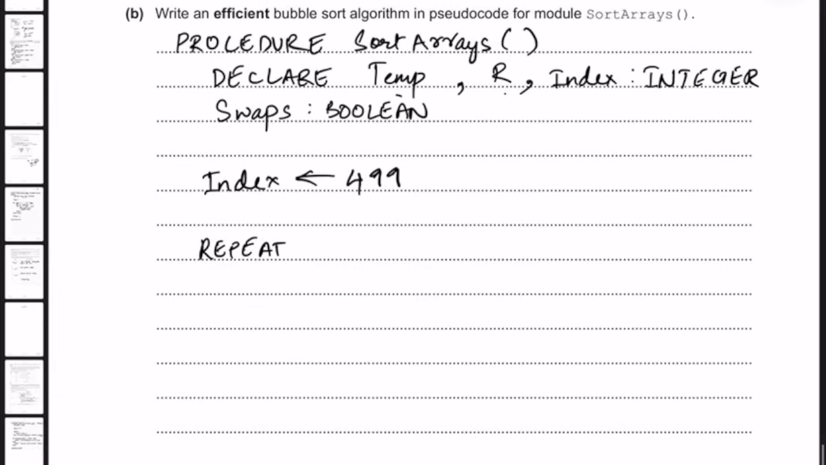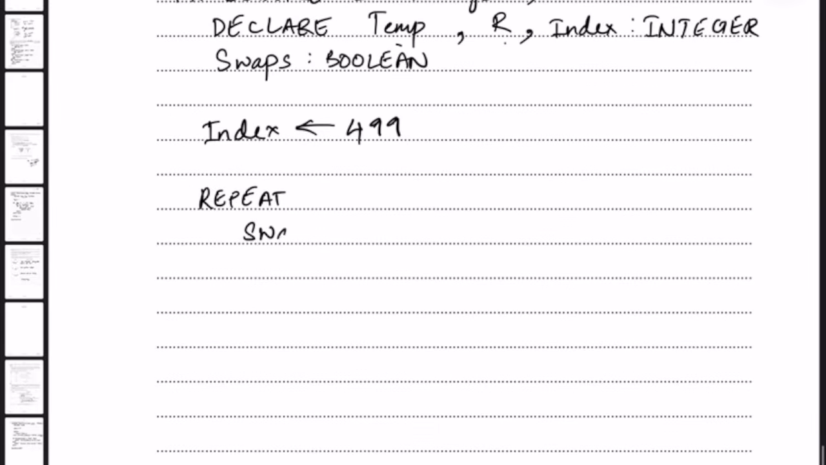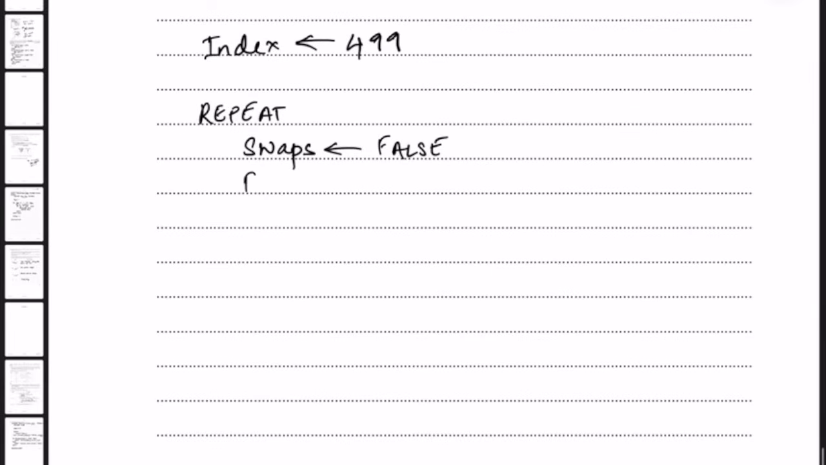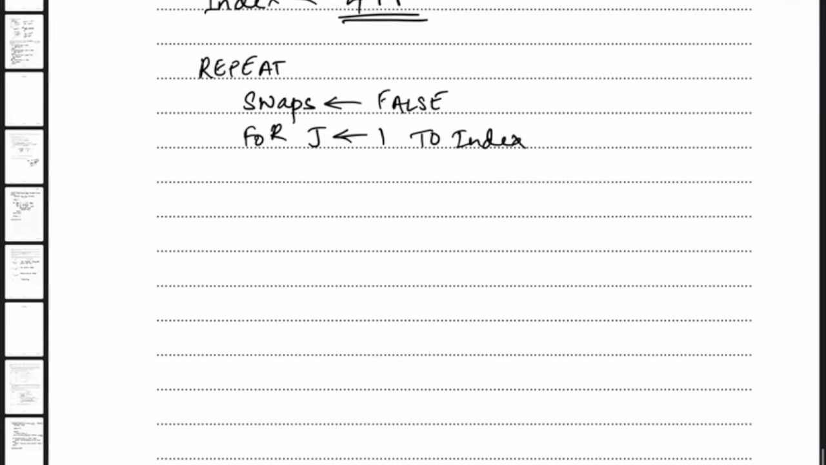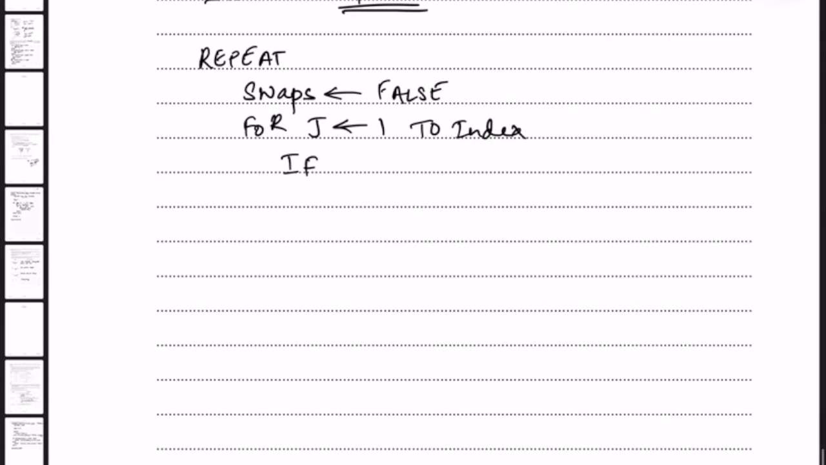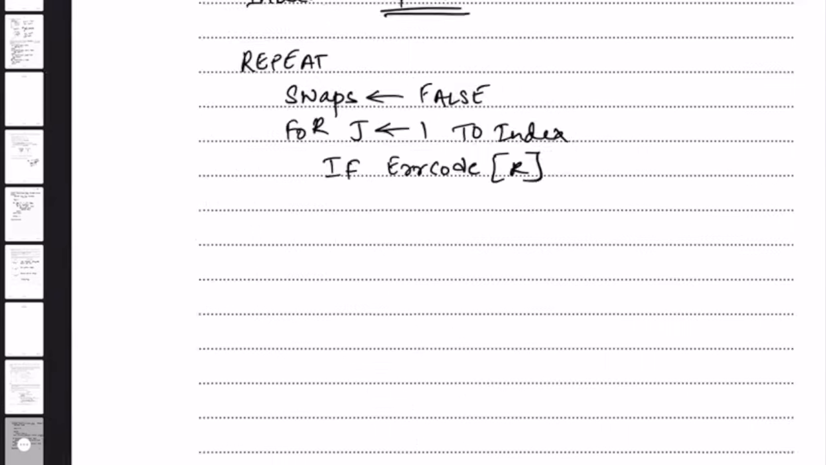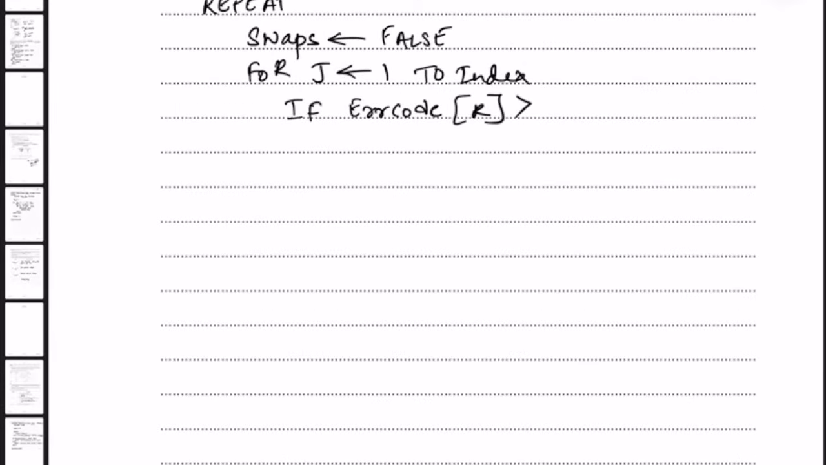Repeat. So we want our swaps to be false. Then for j is 1 to index, right? Because I told you to run it 499 times. So if error code of r is greater than error code of r plus 1, which means if